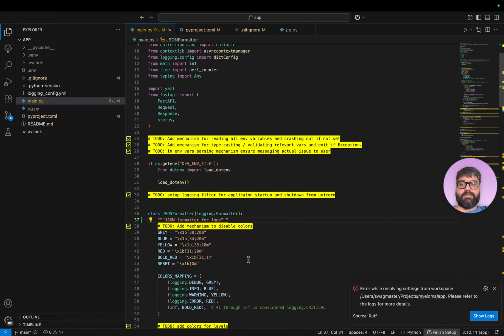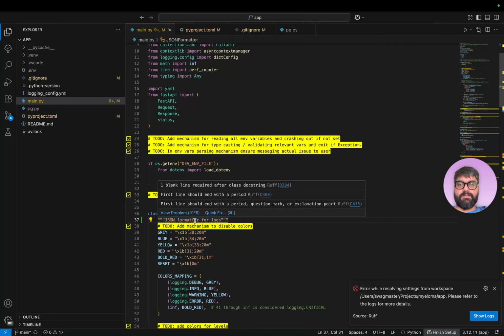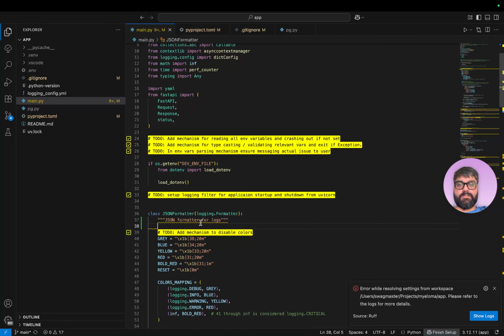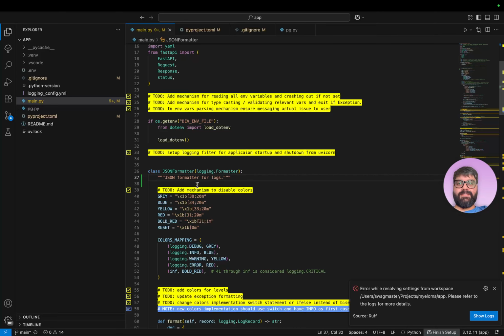Just make it an easy docstring. One blank line required after class docstring. First line should end with a period. Okay. Oh man, that solved it. It's a very simple docstring. I'm honestly like, is it something I really care about sticking with right now or no?